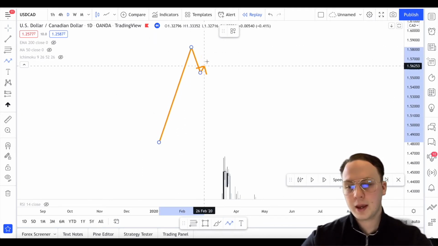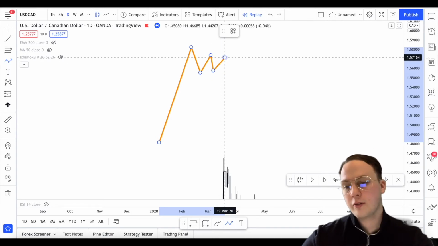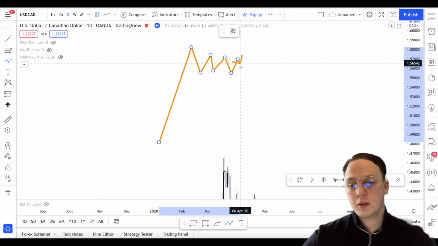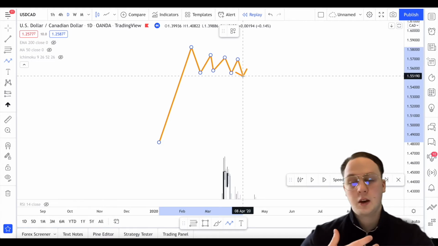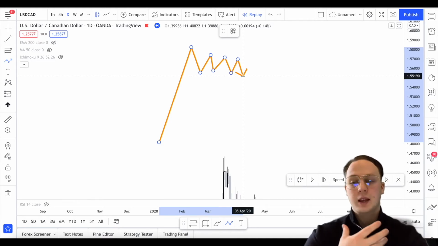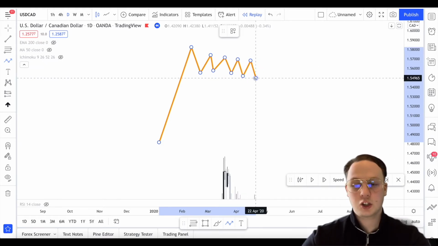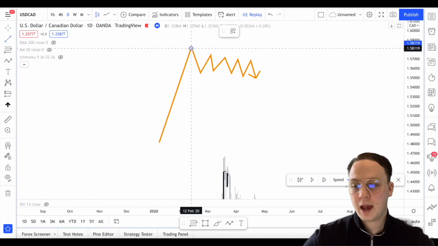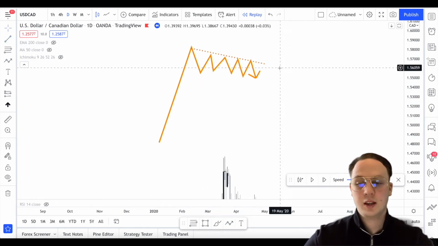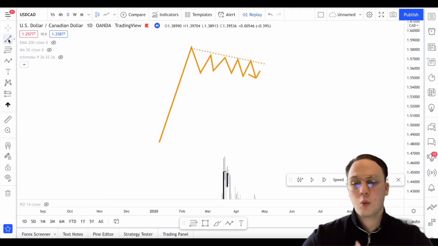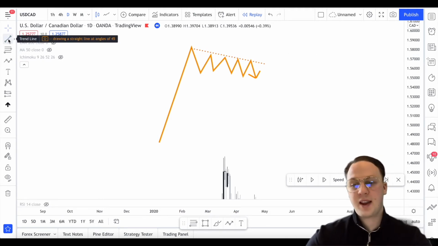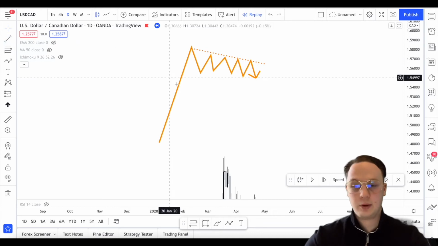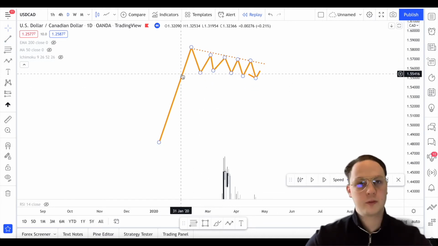Then the market makes a series of formations. It fails to break either a low or it fails to make a series of highs. And what we have essentially is the market moving sideways for a period of time, albeit perhaps in a certain direction in which we can identify a trend line. What distinguishes a flag pattern and a wedge is what happens at the bottom or the top if we're reversing